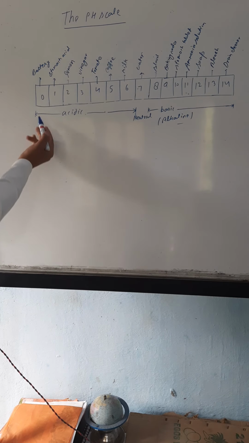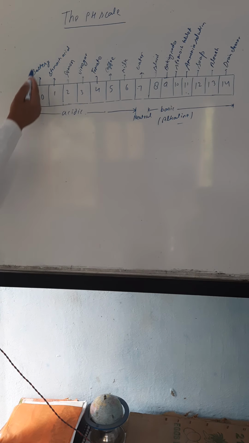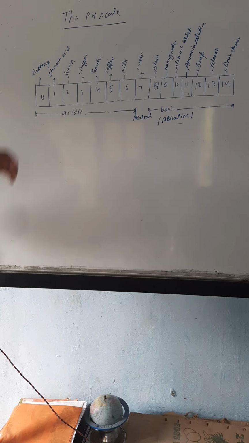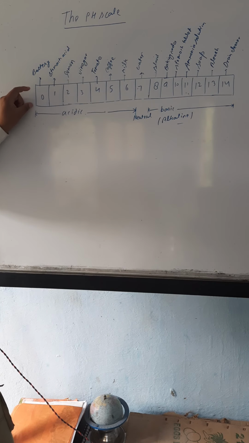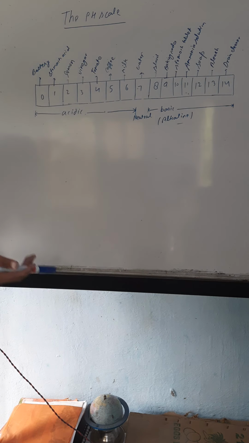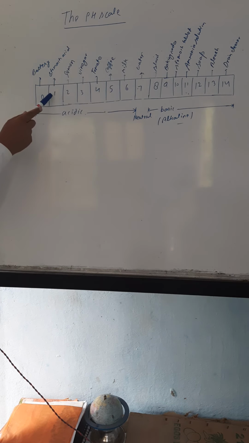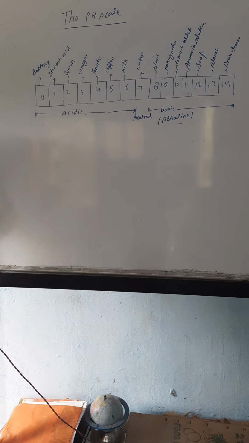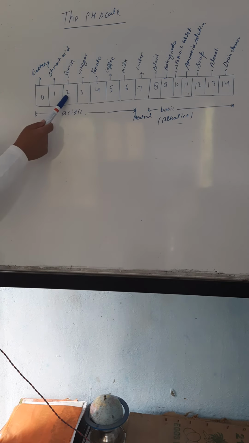Similarly, if you see from 0, the acid which is there in the battery has a pH value of around 0, means very low, so it is too much acidic. If you see 1, you have the acid which is there in your stomach, stomach acid. Its pH value is around 1, hydrochloric acid, etc. Similarly, we have the acid in the lemon, citric acid. Its pH value is around 2.